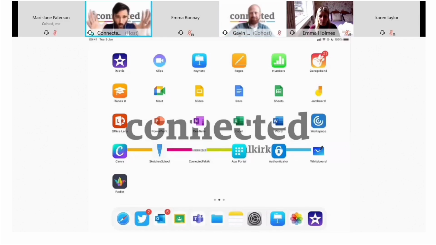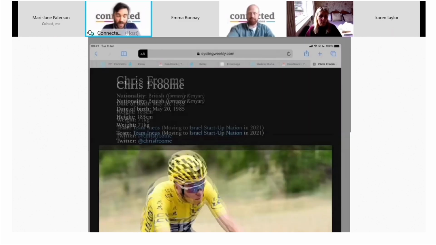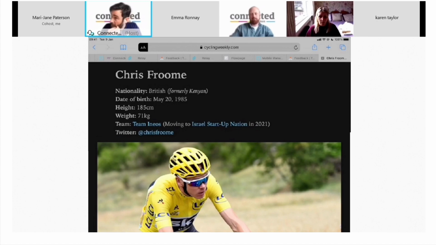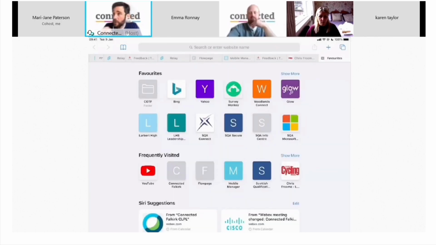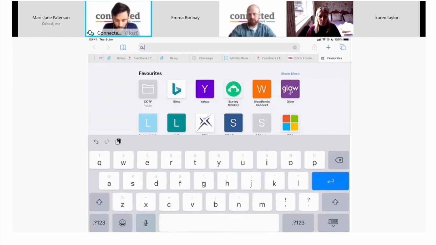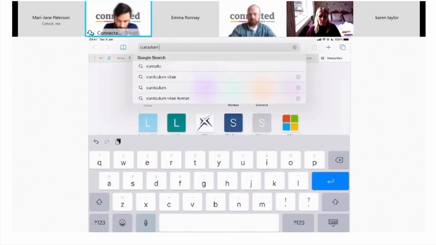Okay, so once again, we're going to navigate back in to Safari. So as you can see, when I navigate back into Safari, it automatically opens the internet on the web browser that I've been on. So I'm going to tap on plus, which gives me a new web window from there. So I suppose if we are talking about bookmarks, it's going to be a commonly used website or document that's online. So I'm going to search for